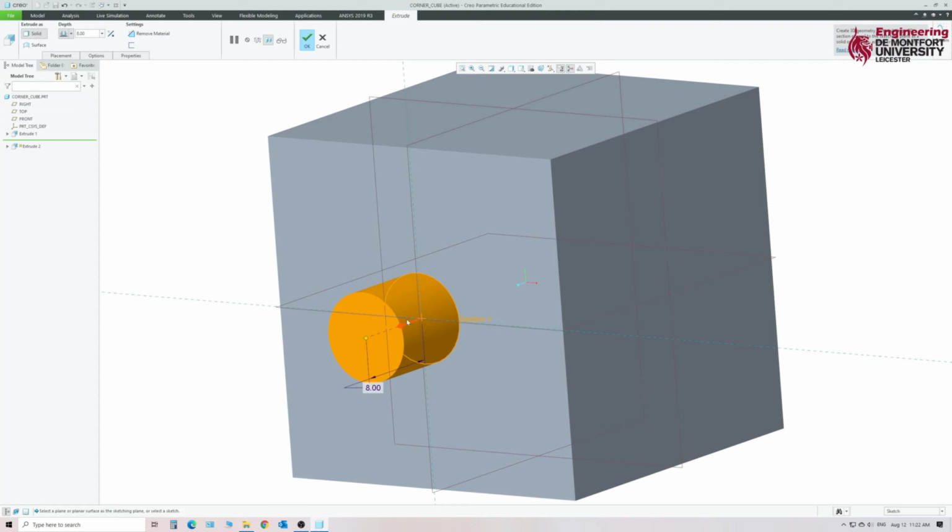You can see that it's trying to add the material here. However, that's not what we want, is it? We want it to remove this material. It needs to be a through hole all the way through. So if we flip the direction at the top here in our toolbar,